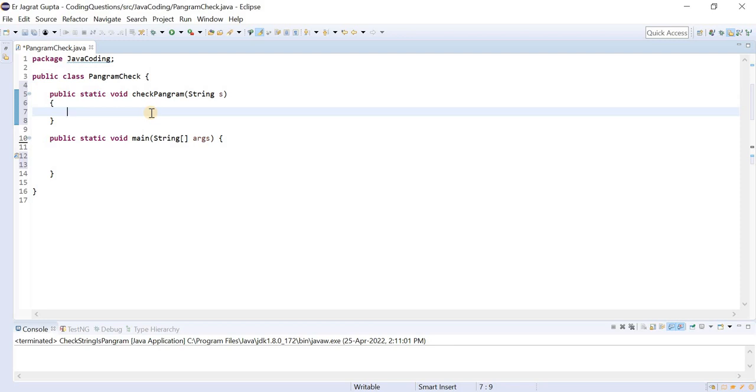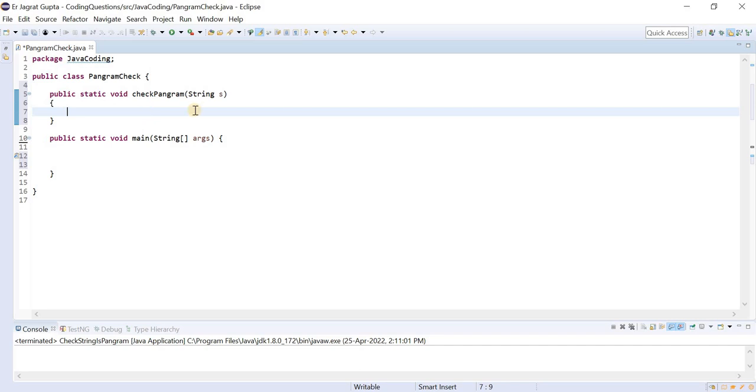The concept is very simple: we will apply a loop for characters from A to Z, and for every character we will search that particular character in the string. If it is present then it is fine. If it is not present, then of course we will break that loop, because we don't need to check till the last, and we can say that the string is not a pangram.